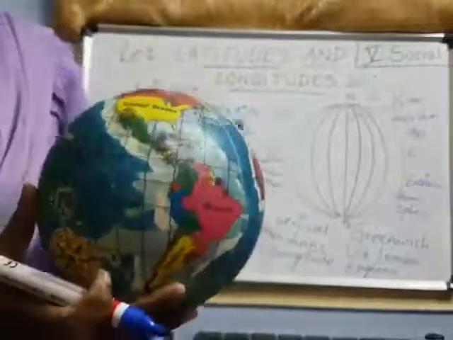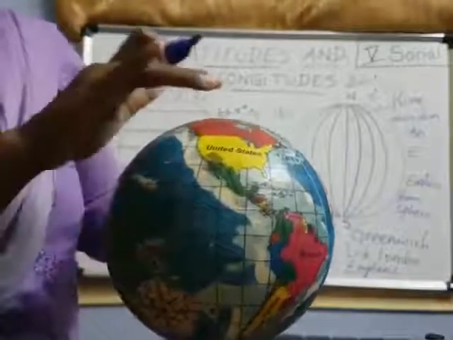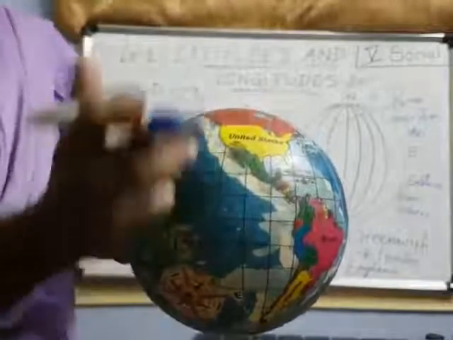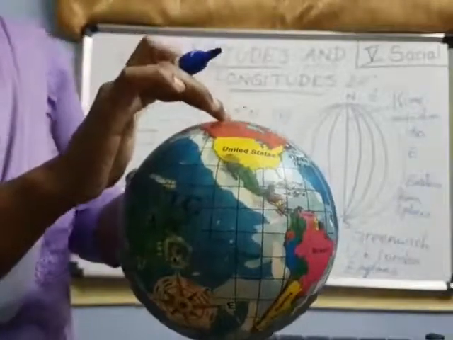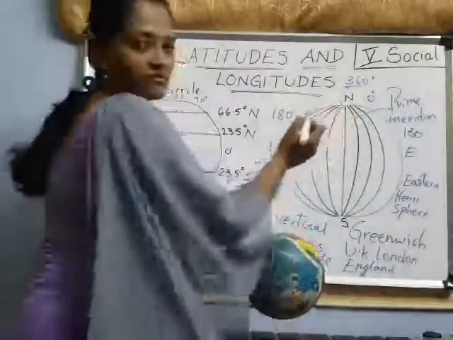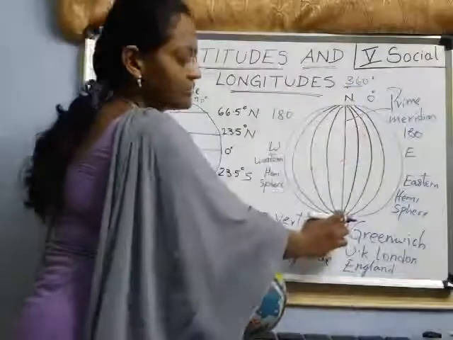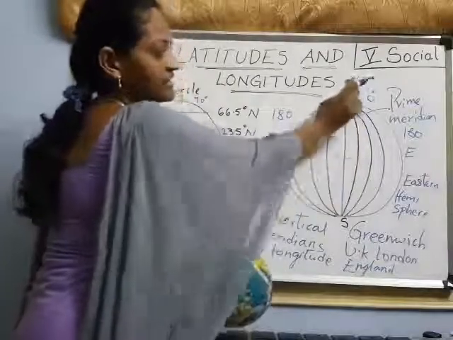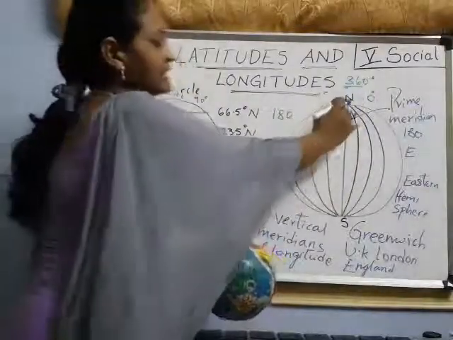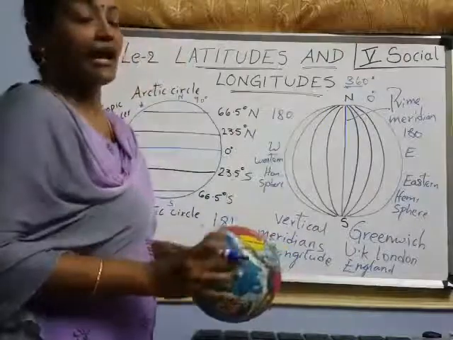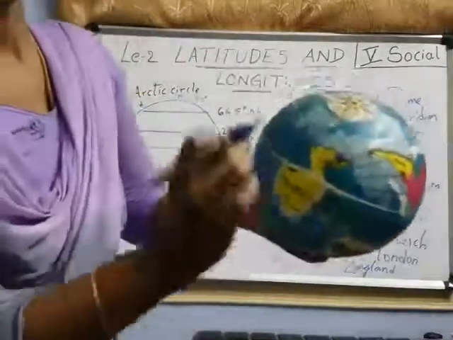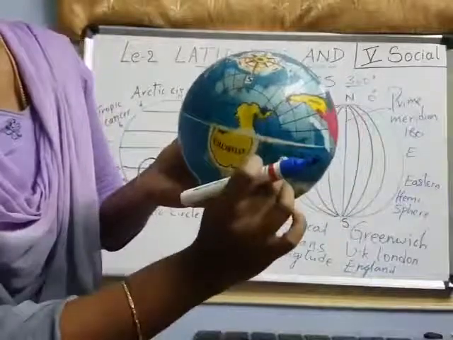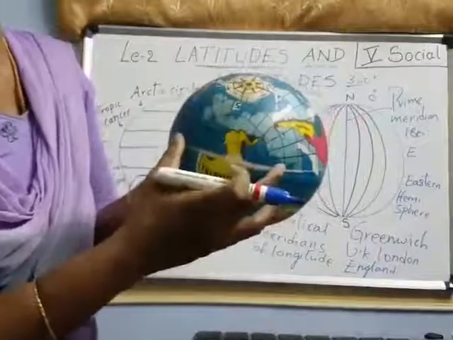These longitudes meet at a point. This line and another line also come here and meet. So they meet at the poles, right? This pole and also towards the south pole. All the meridians meet each other. Understood? And total how many? Here 180 lines, and this side also 180 lines. Total 360. Have you understood?